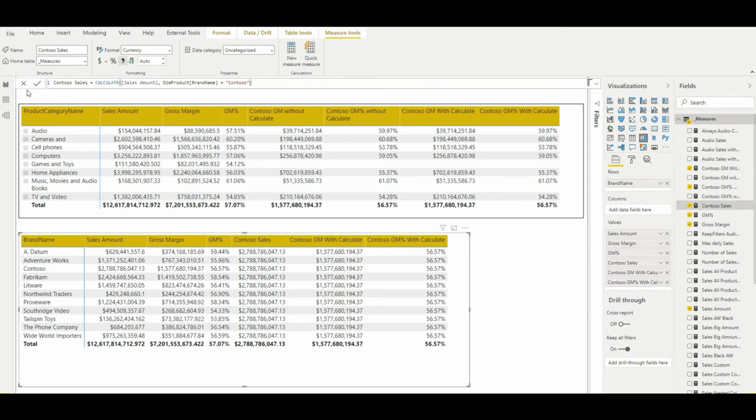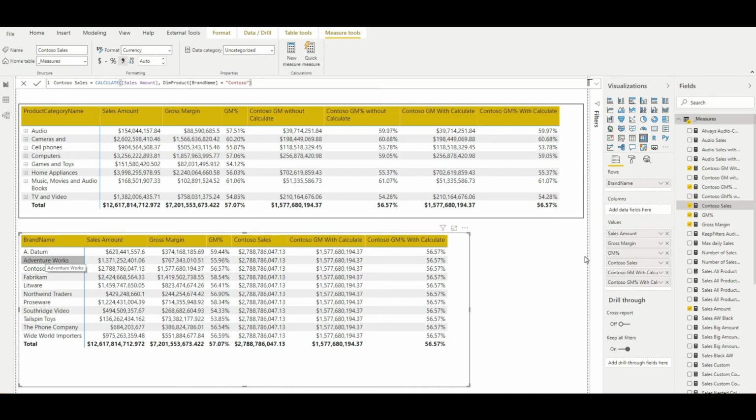What I've done here is create again a simple measure, brand name equal to Contoso sales. So I am just filtering out the Contoso sales, right? Simple Contoso sales. Why are these numbers the same, you might be wondering. Let me explain that. As I mentioned, any existing filter on the brand name, right? What we are using here is the filter in this particular visual as the brand name. So we are using brand name as the filter argument, or sorry, as the column which is filtering the values and calculating the measure.